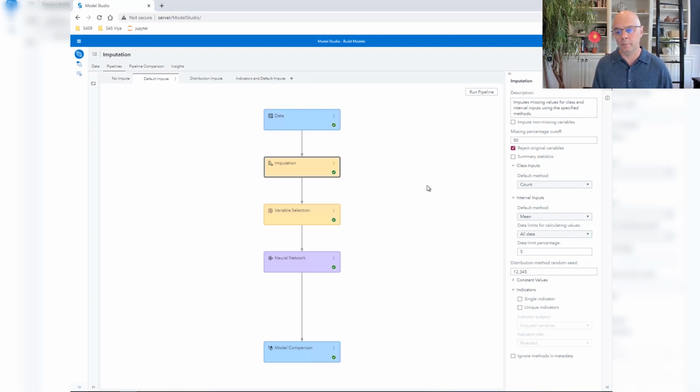Under interval inputs, you'll see the method is mean. That just means of all the observed values, we're calculating the mean and plugging that one quantity in. By the way, that mean is actually calculated on the training data, and then we don't recalculate that later on. We use that same value to impute on the validation data, and even later down the line when we're deploying the model, it's typical to use that same quantity again.